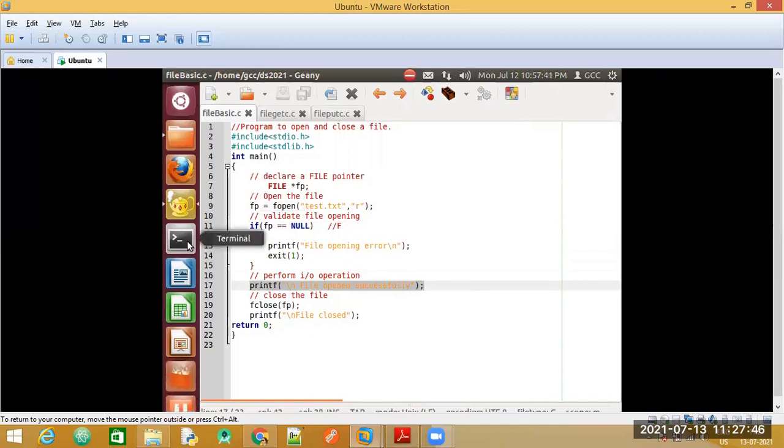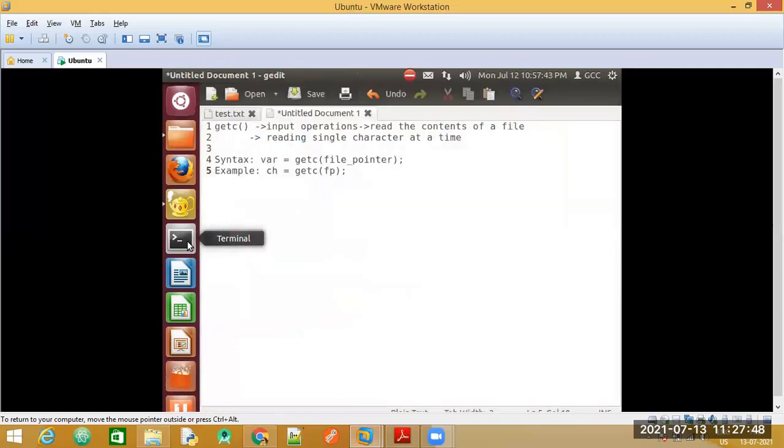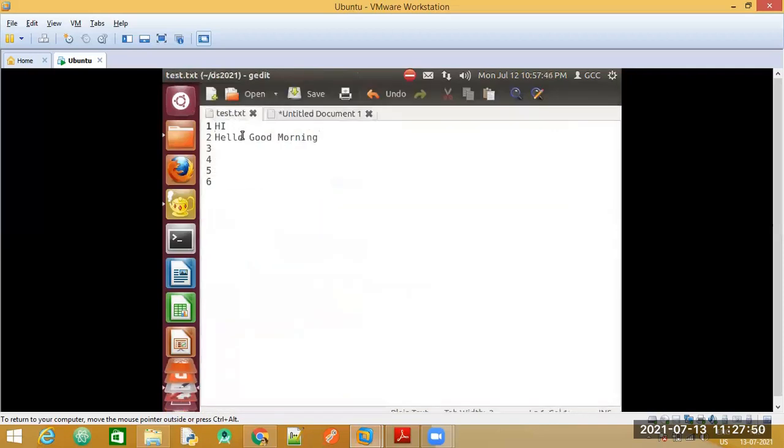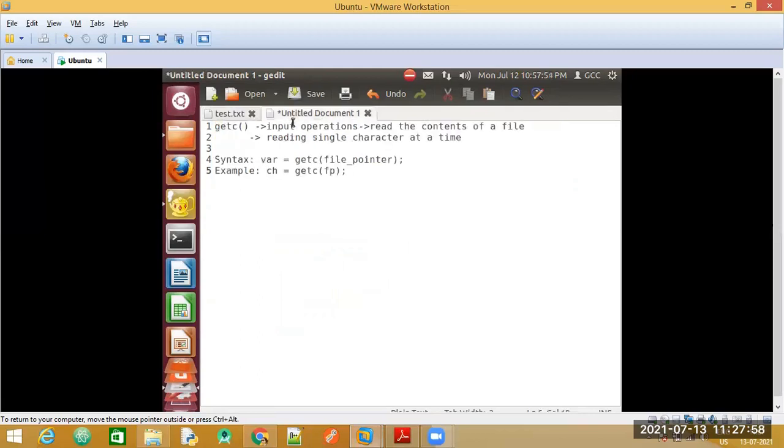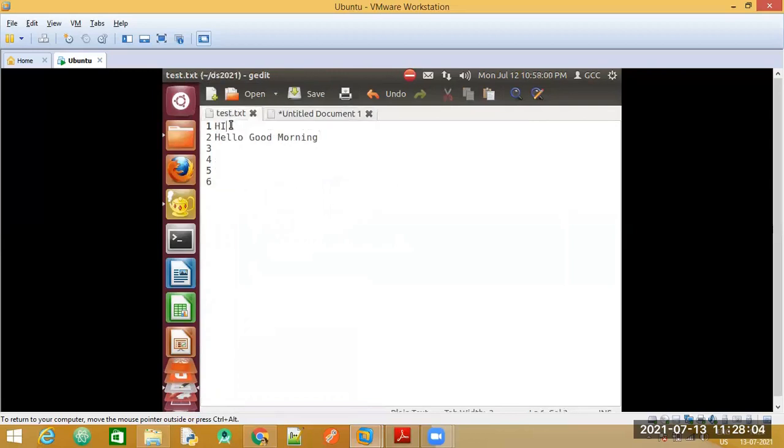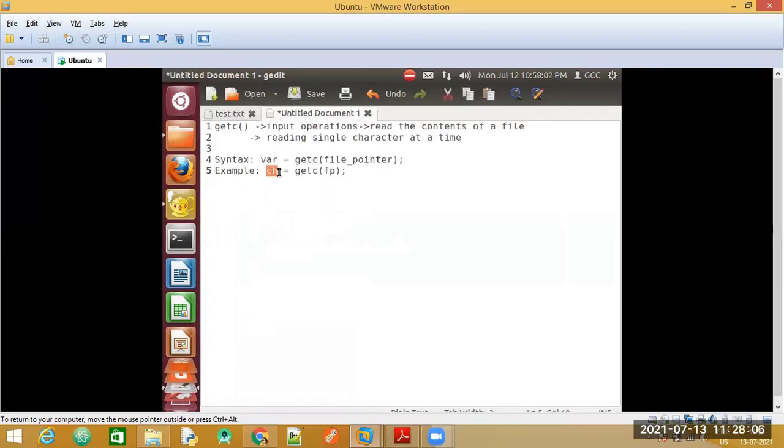Once the getc function starts executing, it will read the character h, and that will be assigned to the variable ch. Next time it will read i, and that will be stored in ch.